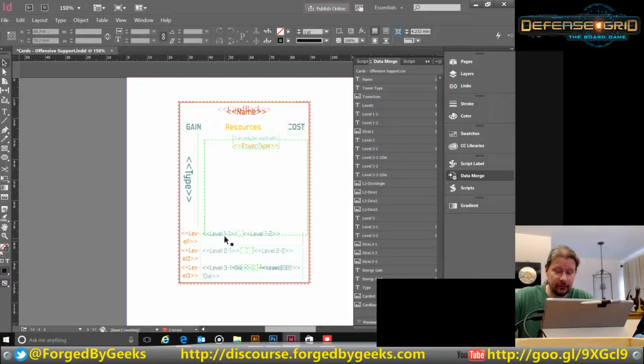Now, what I'm mostly interested in is this area. This is where we show the various abilities that the card has at different levels. So what I'm going to do is first see what's broken. And I can tell what's broken just by looking at the data merge fields that are missing a number by them. What that tells me is, for example, for some odd reason, my die